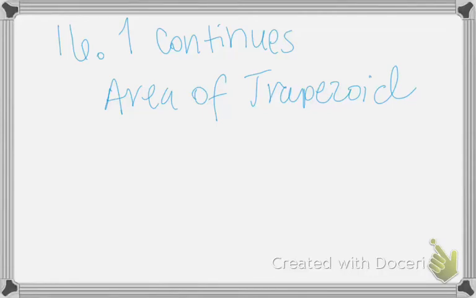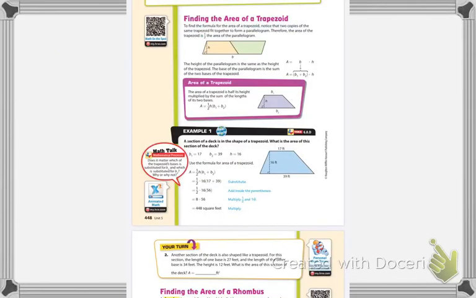Okay, so this is a continuation of 16.1, and today we're doing area of a trapezoid. And your problem looks like this, and this is the formula right here